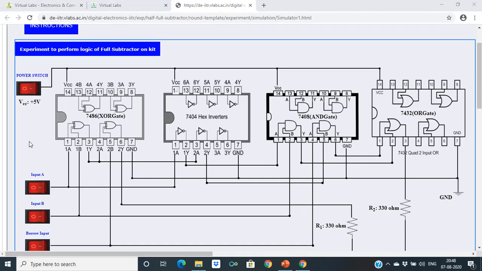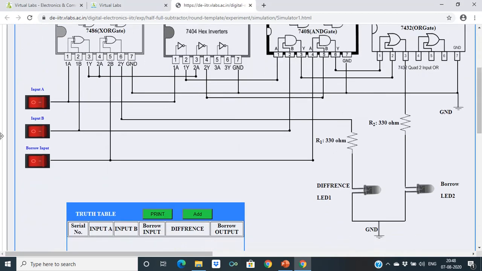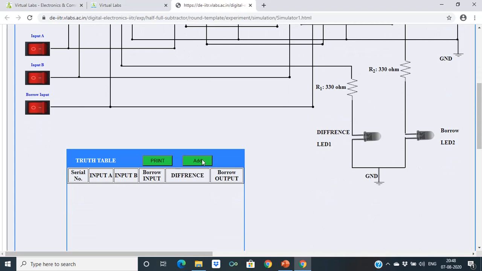So let's check this one. We will switch on the power supply first. Then all inputs are 0, so you are getting 0 0. Now go for 0 0 1, so difference is 1, borrow is 1.